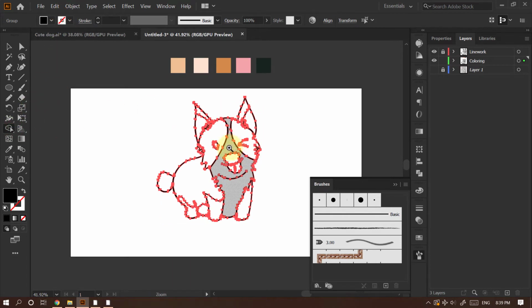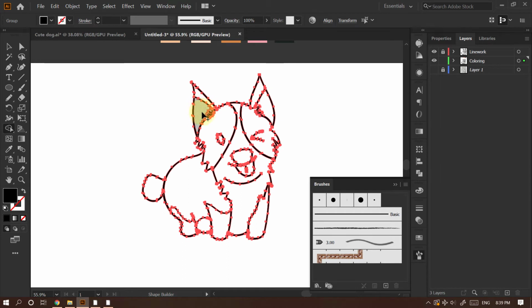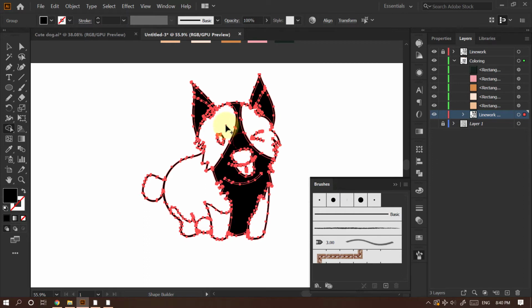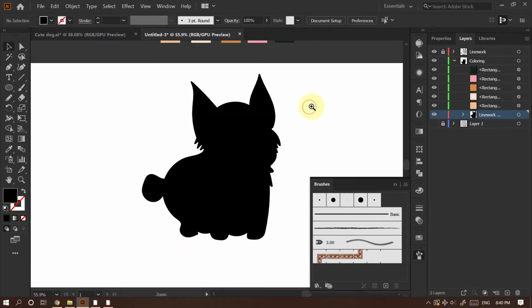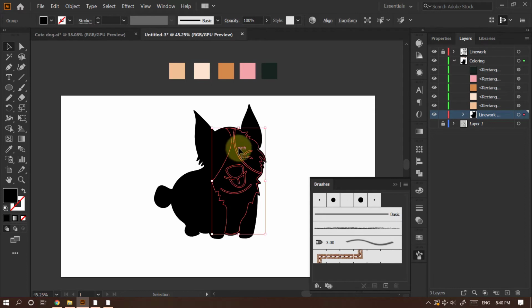As you can see, when I place my cursor inside any of the shapes, it says that you can turn that into a separate shape. So I will turn all of these into separate shapes by just clicking in the boxes. This step is very easy, you can easily do that. And now I can select all of these one by one and start coloring in this.